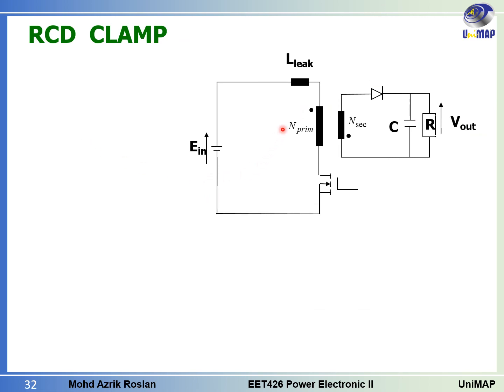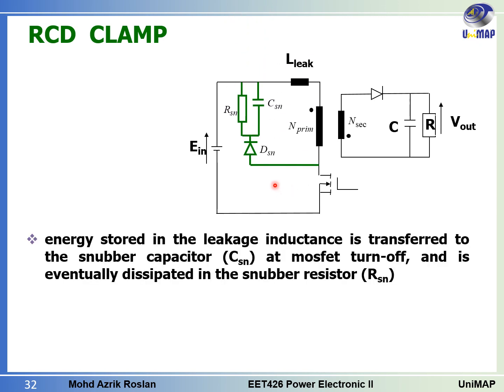Okay, now that we know that the leakage inductance has a bad impact on our MOSFET here, we need to have some protective circuit, and this is called the RCD clamp, or RCD snubber. The concept here is we want to transfer the excess energy in the leakage inductance to the capacitor here, and then eventually the energy inside the capacitor will be dissipated through this snubber resistor in the form of